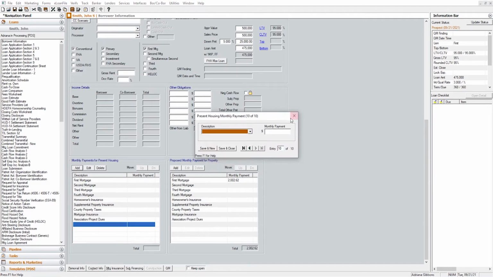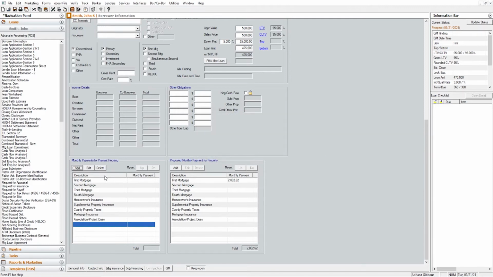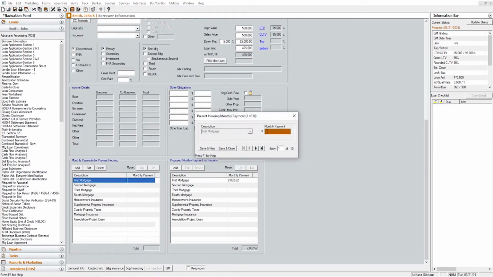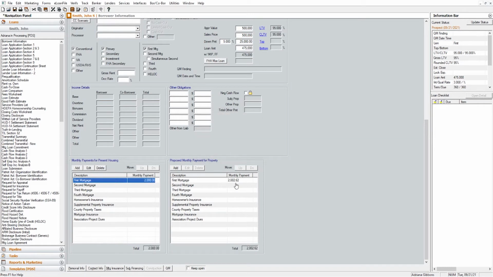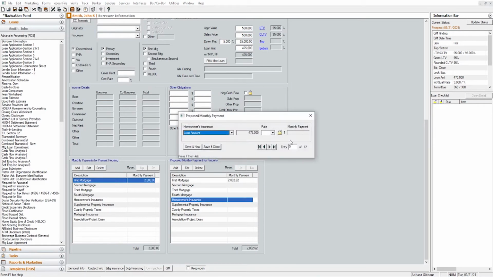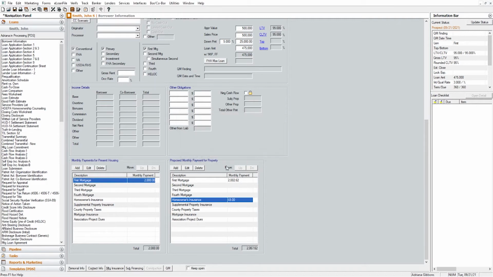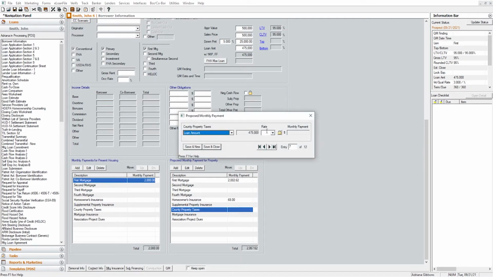Okay, that was wrong actually. For present housing, you'll click first mortgage, and then you'll input how much they currently pay. This could be their current mortgage if they already own, or it could be their rental payment where they rent. For insurance, I usually just throw in around $65 a month. County property taxes, for the place I do business in, it's usually 1.25% of the sales price, so it'll automatically